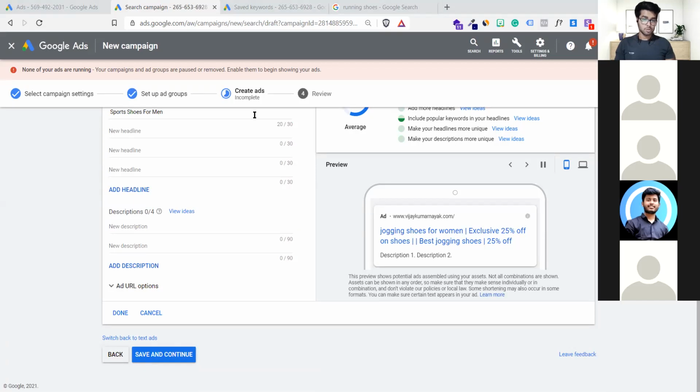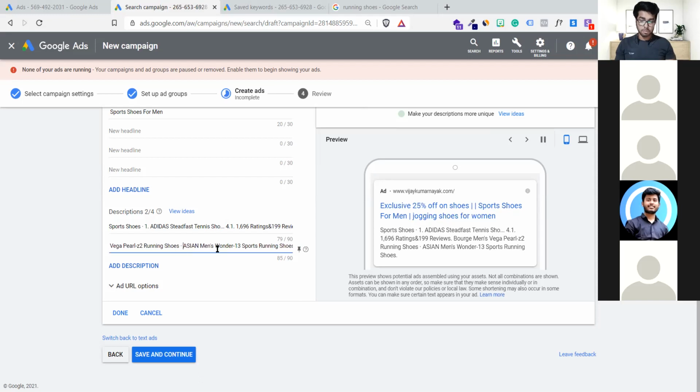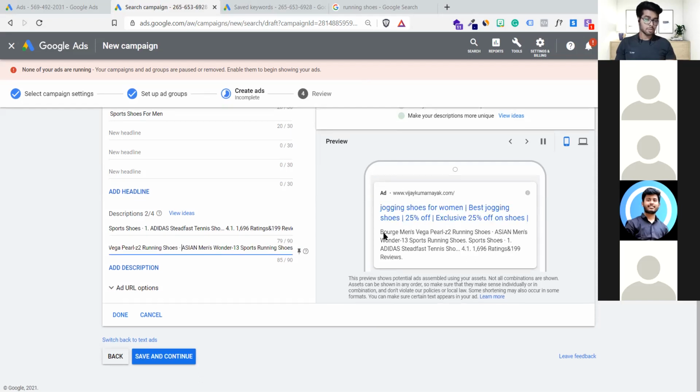So let me write down my description. It should be super important because it makes sense. Here is my description. I've already copied it from somewhere just to show you how to create a description real quick. It should say what your shoes are all about. I have taken it from a few websites, and you can see this is Vega Borch running shoes for modern men. You can add keywords as well, which will be a super good thing. Like, it is the best shoes for men in India, manufactured by Indian companies. You can give them a little story in the description.